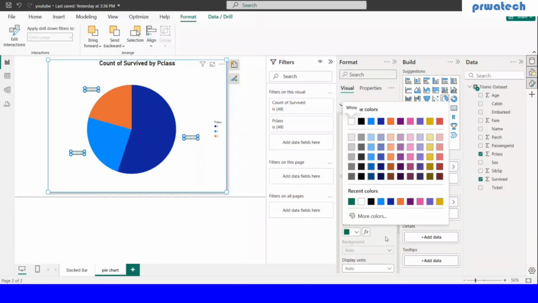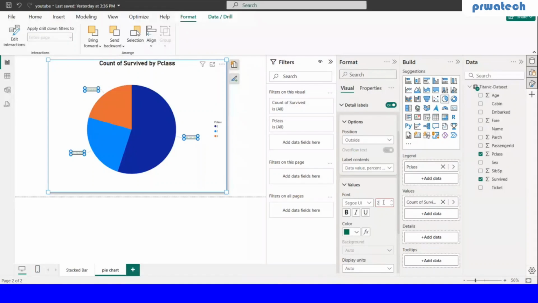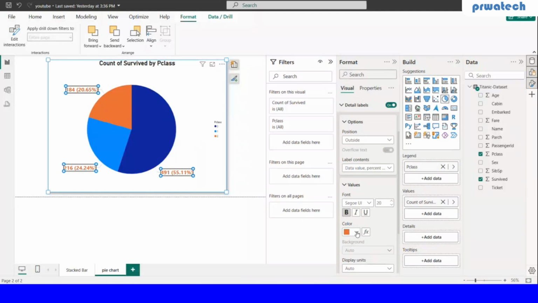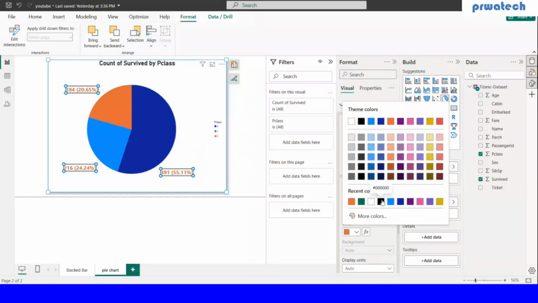I'll just make it some more bold. 26 bold. Okay, 26 is not good. Okay, I'll make it as 20. This looks better. Okay, then I'll put it as maybe this color. Okay, not good. I'll just make it as